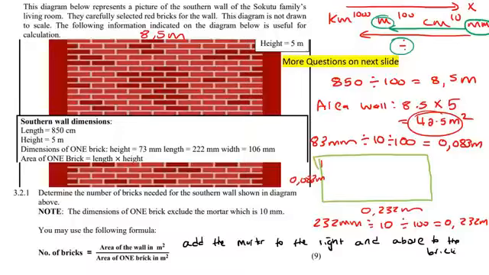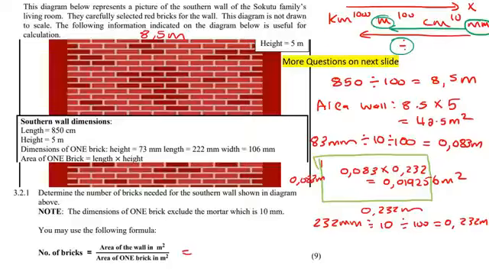0.083 meters. So now we can go work out the area. We know that this is a rectangle, so it's just length times breadth. So it's 0.083 multiplied by 0.232, and that'll give us 0.019256 meters squared. Okay, so now we can go and take the wall's area. That one there. And so that's going to be 42.5 over 0.019256, and that'll give us